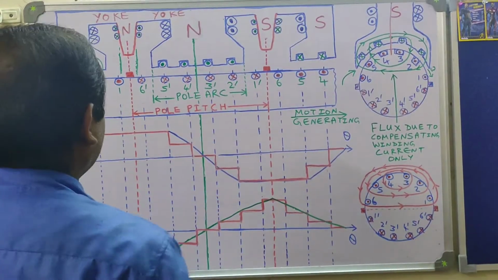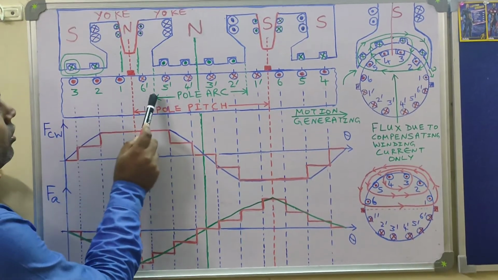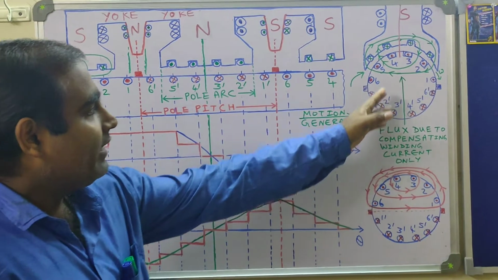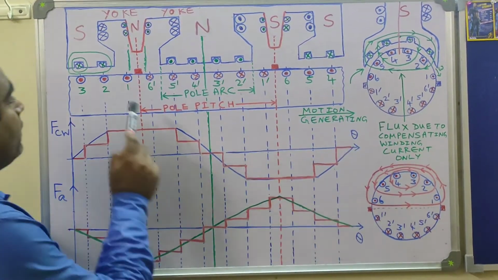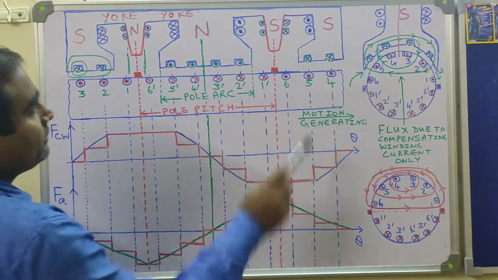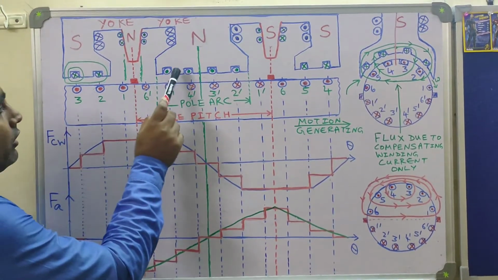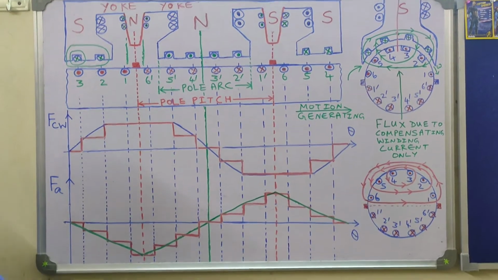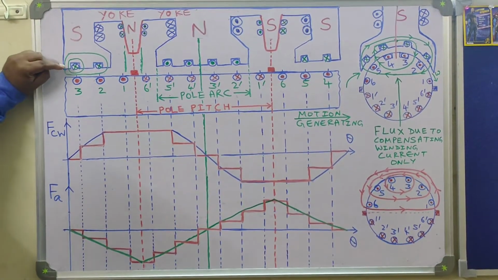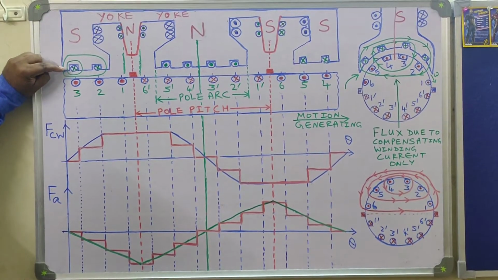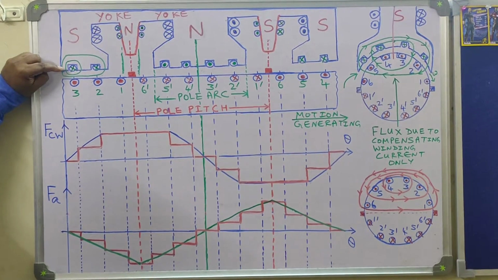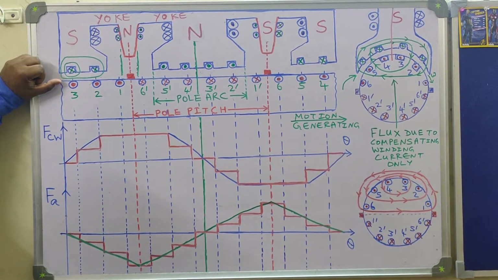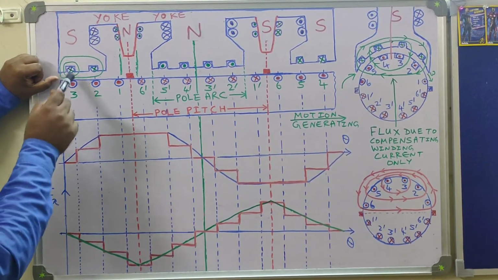Now the dot and cross for the armature conductors has already been explained. By applying Fleming's right hand rule, you can find the dot and cross for the armature conductors. Regarding the cross and dot carried by the compensating winding conductors, it can be deduced from the logic that the compensating winding will carry a current with a polarity opposite to that of the current carried by the armature conductors under its direct influence.